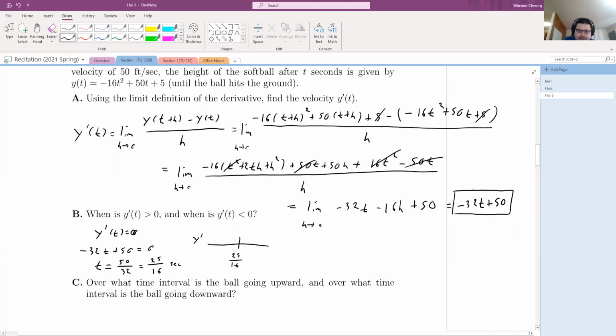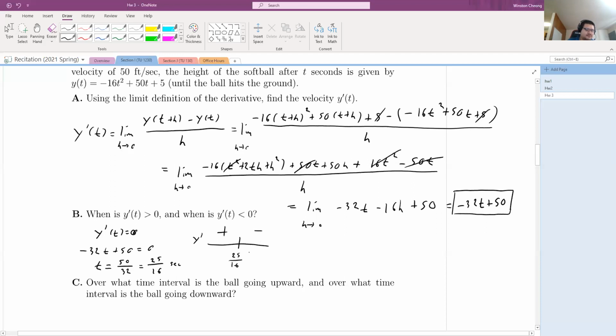Well, notice that we're looking at this function. If we plug in 25 over 16, we'll get 0. What happens if I plug in something greater than? Well, the negative is going to dominate, and so we expect a negative value. If we plug in something less, you can easily just choose 0, and then you get 50, so you get positive, right? So you can kind of answer this,